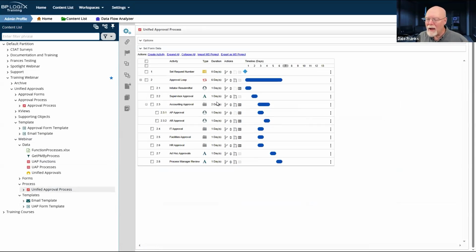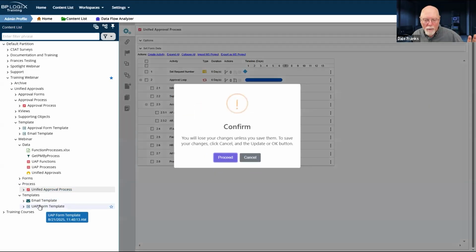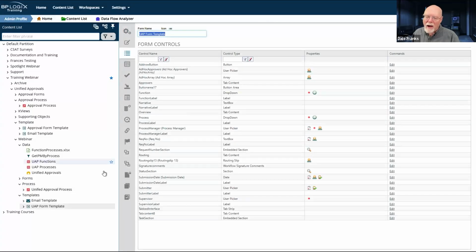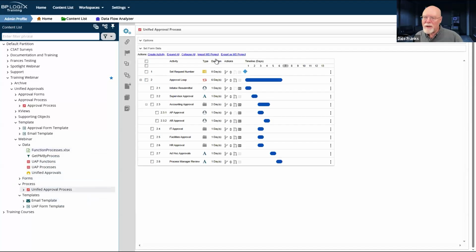Now, everything I have is going to run at this point. However, I don't have any activities in IT, facilities, and HR approval. I've done as much building from scratch as I'm comfortable doing this week. It's also 11:41, so we're going to go ahead and stop at this point. I now have a form that is more or less fully configured, and I have a process timeline that is mainly configured, but not entirely configured. So it would be best, I think, if we stop here.